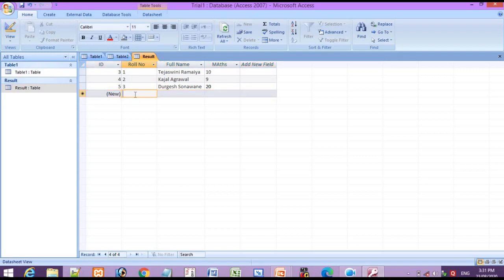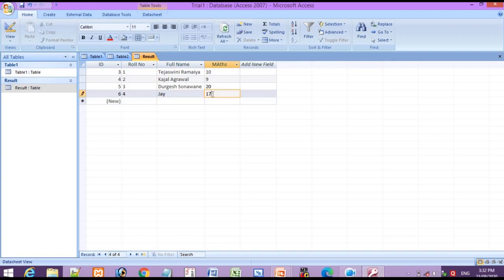Now when you are entering a data over here, जैसे मैं यहाँ पे data enter कर रही हूँ, can you see whenever you are entering a data in your data sheet view, what happens here, automatically your cursor will change your symbol. Can you see here symbol, जब हम data इसके लिखते नहीं है ना तब स्टार रहता है, और जब हम लिखना स्टार्ट करते हैं ना, so it will move to the pencil. So whenever you are typing or whenever you are entering a record within a field, your symbol will be changed to pencil. Like here I am giving here name as J and here marks as 17. Okay, so in this way you can enter and edit data of a table.